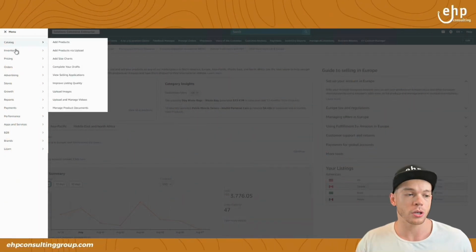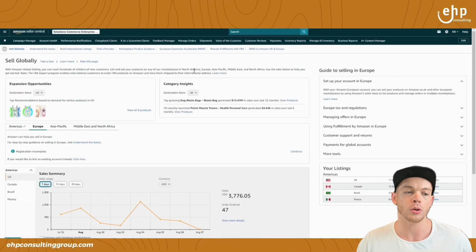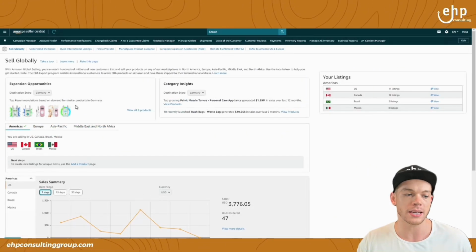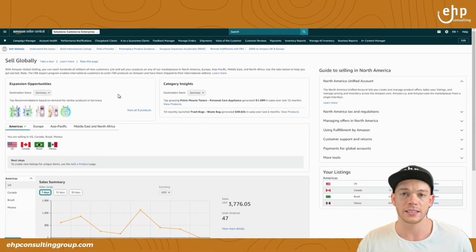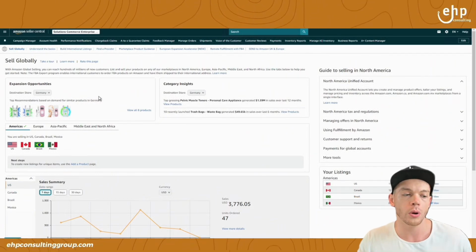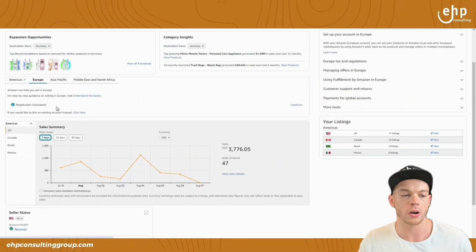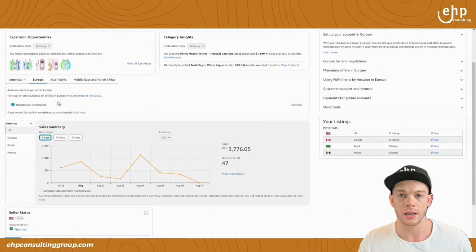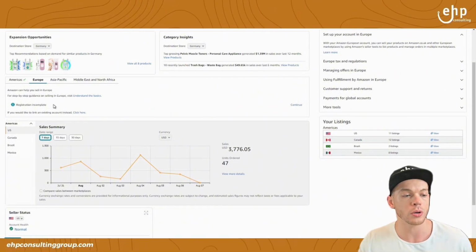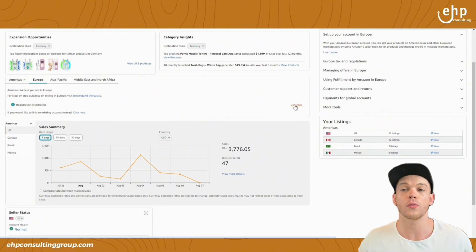The next step is to go to inventory, then sell globally tab. Once you go there, you're going to see this page. If you don't have access to this page, you need to upgrade to a professional seller account. Once you're upgraded, you can click on Europe, and then this is where you can register to sell in Amazon United Kingdom. And you're just going to click continue right here, and it's going to ask you for those documents